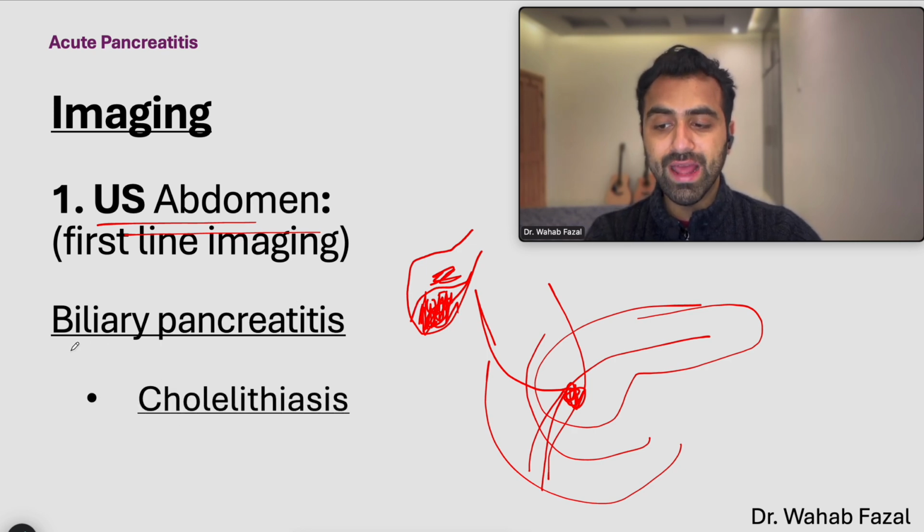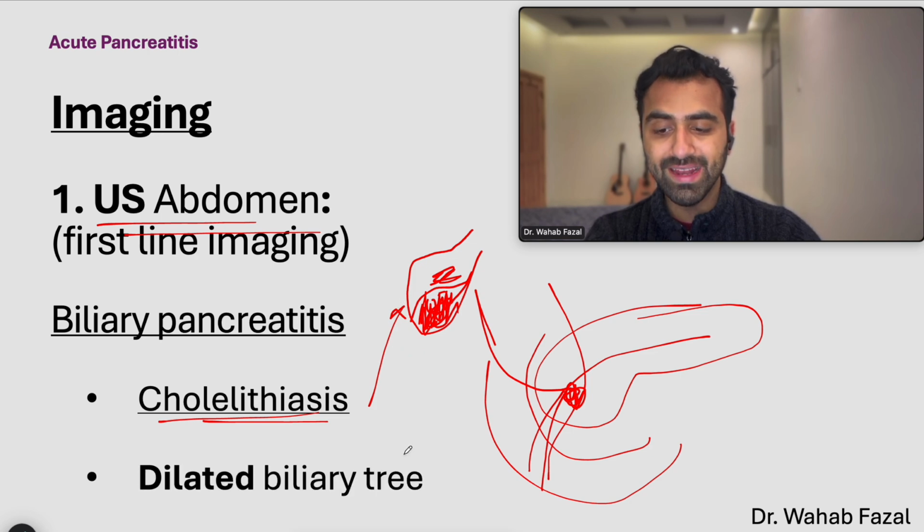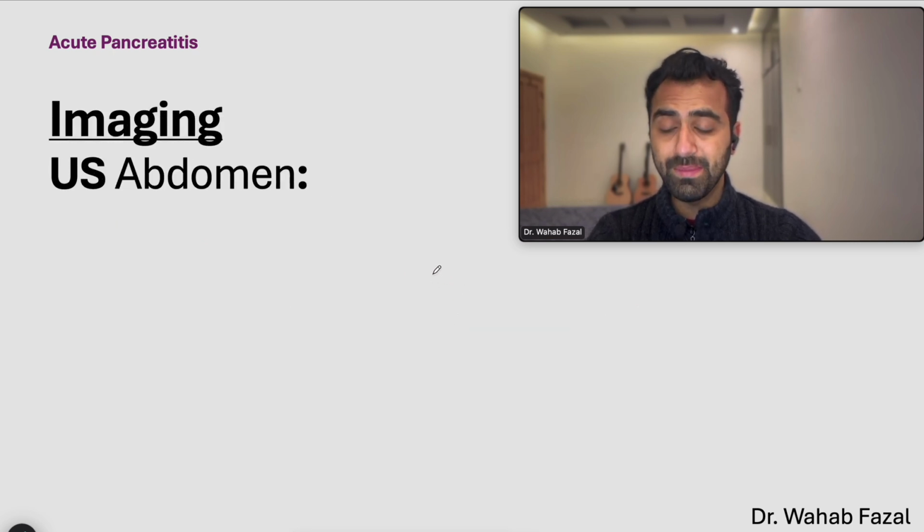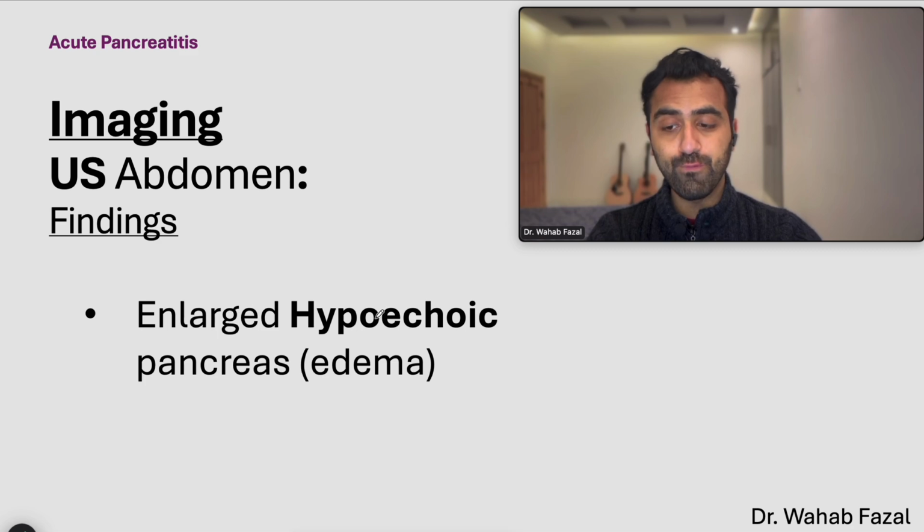And therefore, ultrasound abdomen can tell you the cholelithiasis, which is basically just stones in the gallbladder, and dilated biliary tree, which I talked about. If there's a stone blocking here, you'll get dilation of the biliary tree. Imaging, ultrasound abdomen will show you findings like enlarged hypoechoic pancreas, basically edema in the pancreas,